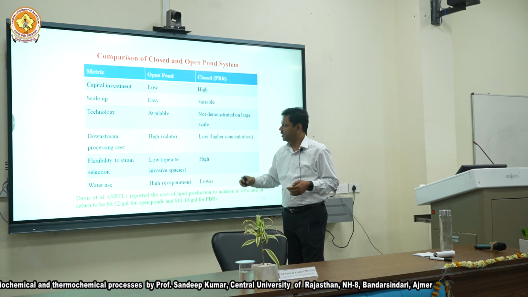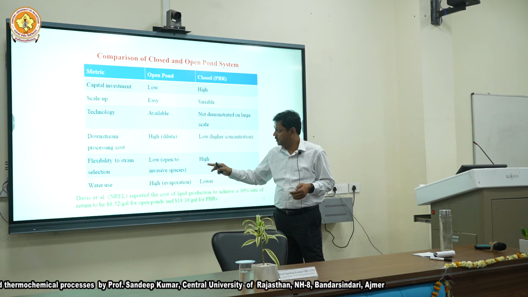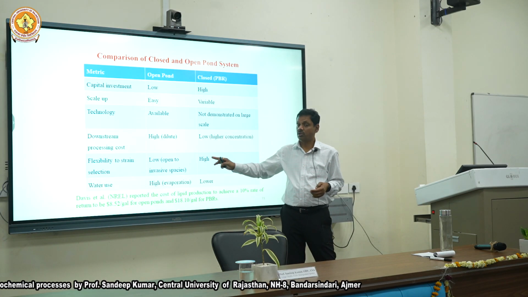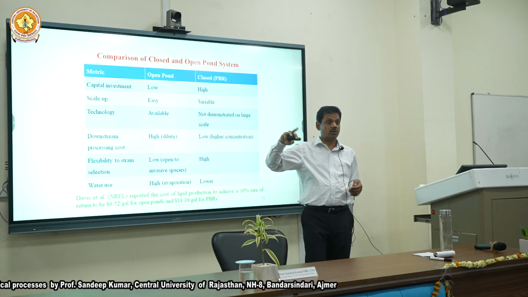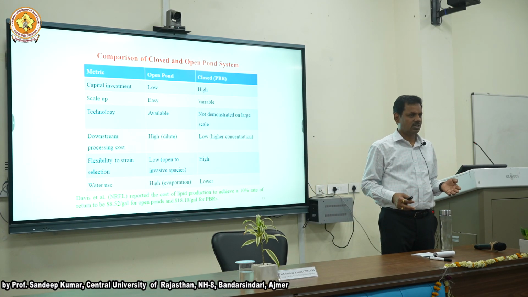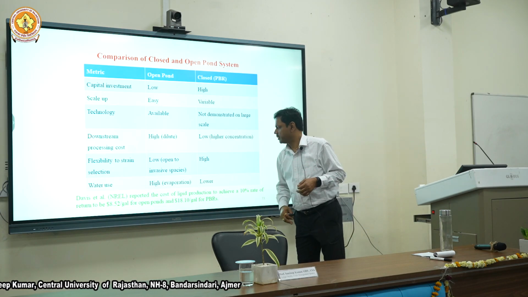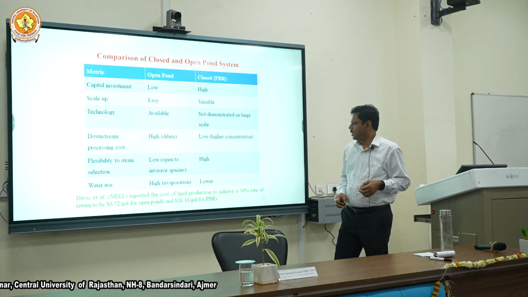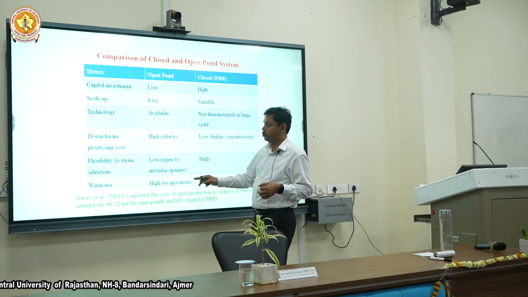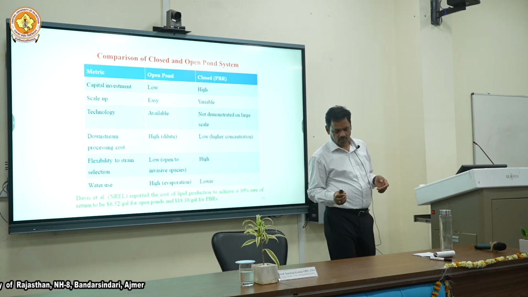Technology is getting available now, so now downstream processing, again, flexibility of the strain is low. If you want to control a strain in open pond, the local strains will take it out over time. In photobioreactor, you can do this. In open pond, we lose water by evaporation. In photobioreactor,